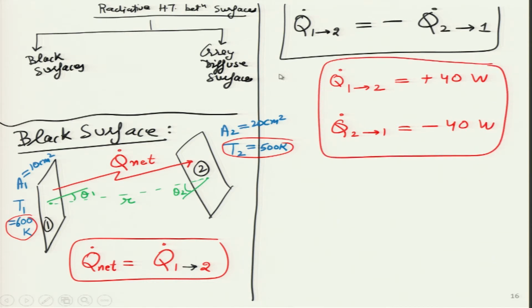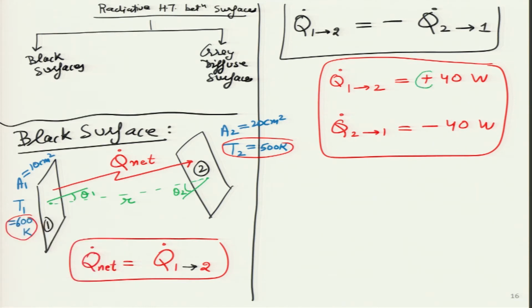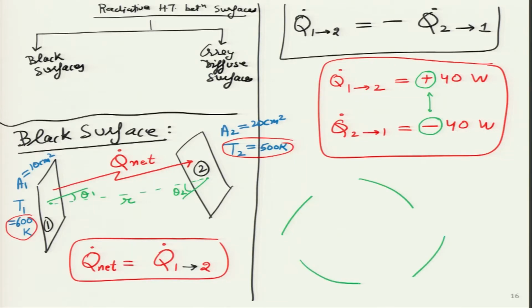I will intentionally put plus and minus before every number from now onward, because when we put the number, plus or minus, we will immediately realize this sign will tell us if effectively a body is losing heat or effectively a body is gaining heat. And why is it important? Because very soon we will have multiple enclosures over here, multiple surfaces. So, let me quickly go over here. You do not have to remember any of these numbers, but students may figure out that this is a useful technique.